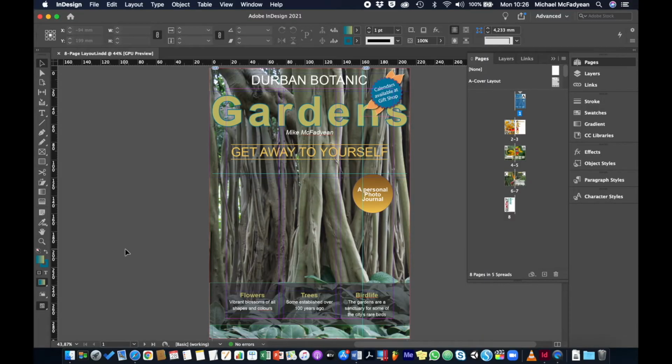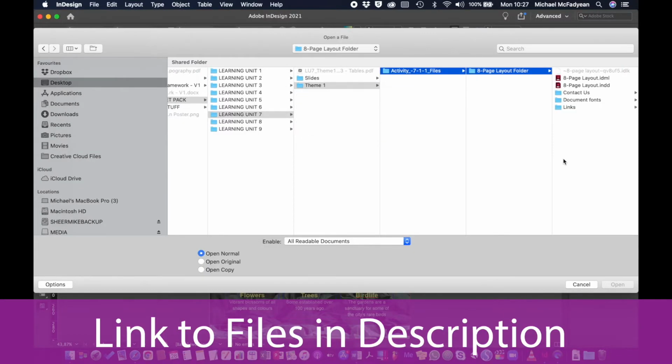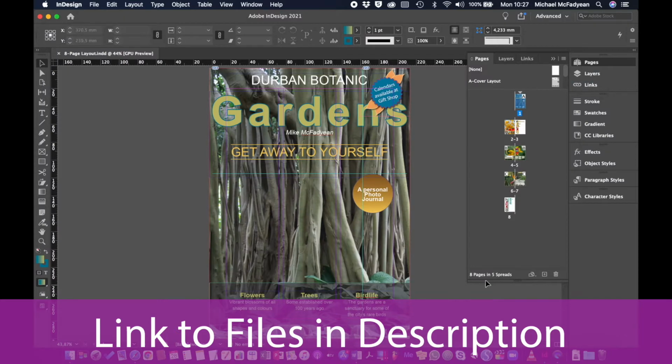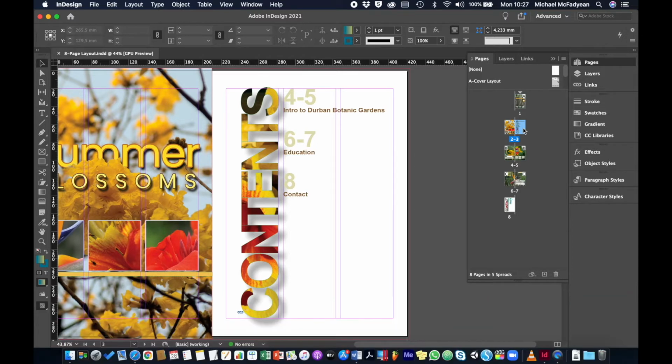Okay, so we're going to get a bit of practice with creating tables. So you're going to open Activity 711 8-page layout. This is just an exercise where you can follow along or just watch it, and then afterwards you're going to do your own table. So over here in this contents page, we're going to put in a little table of